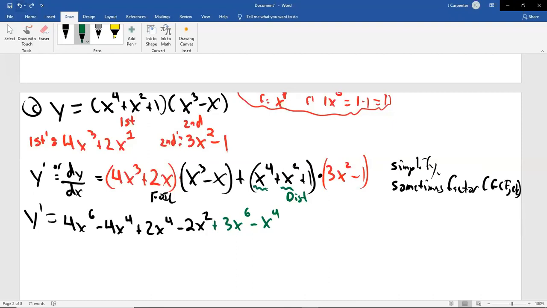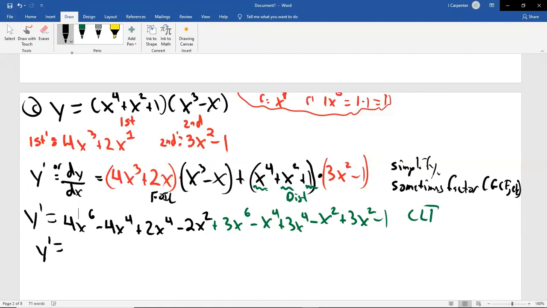All right. So now let's distribute the x squared. X squared times 3x squared, that's going to be a plus 3x to the 4th. X squared times the negative 1 is a negative x squared. Now let's distribute the 1. 1 times anything is the anything, so that's plus 3x squared minus 1. And at this point, we can combine like terms. CLT, combine like terms. So we get y prime equals